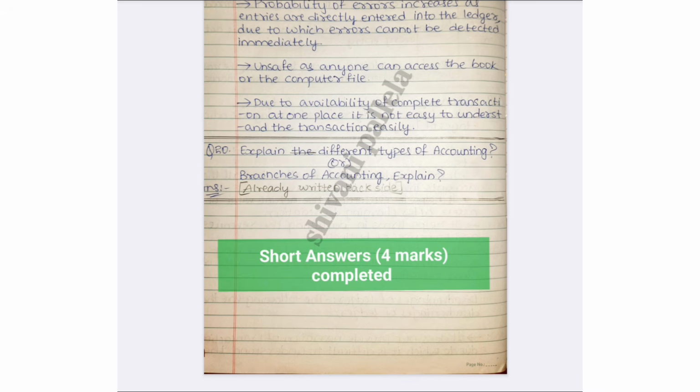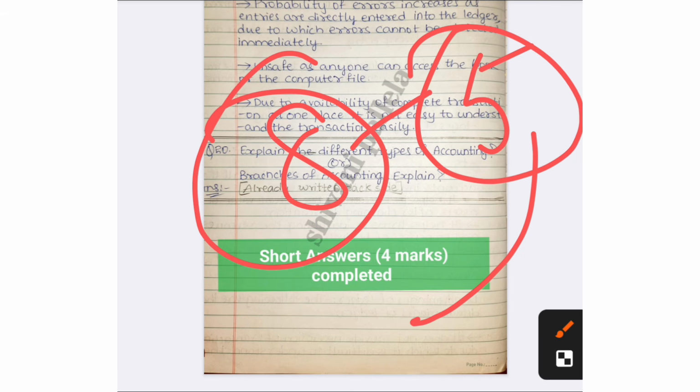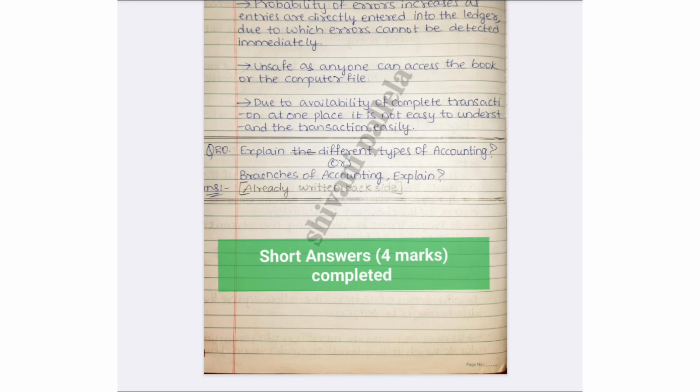The students who watched the video from first till the end, you will score 20 marks, because in Part A, out of 8 questions, minimum to minimum, they will give 5 questions theory only. That 5 questions will be covered from this PDF only. Whatever the handwritten notes I have done, from that only they will ask. Okay, so don't concentrate much on problematics for 4 marks. Concentrate only on theory.